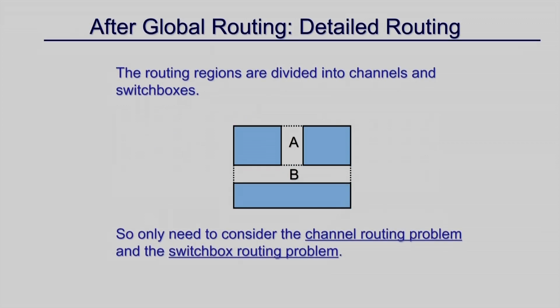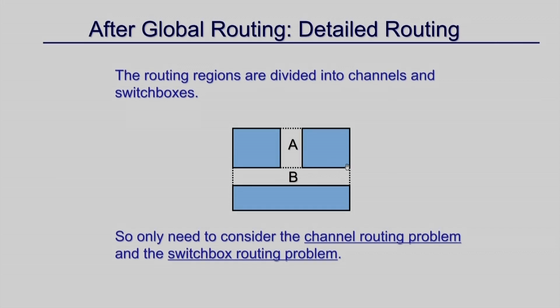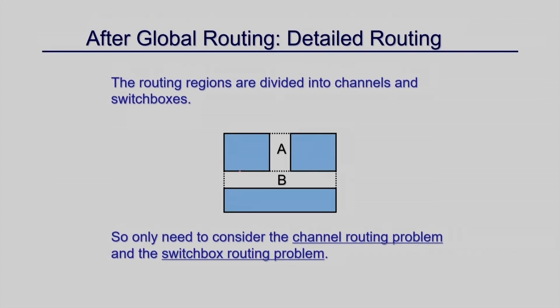So you can see that suppose this is my channel, I know for this particular channel there are 4 pins here, right. So these are the pin positions, and I know that I have to make a connection from this pin to this pin, or maybe this pin to this pin, and so on. So I know the pin configurations and all those. Then I have to make the actual connection in this channel, so that I can reduce the number of tracks here. That is what is called the channel routing problem. And whenever you have a switch box which has connections from all 4 sides, that is a switch box problem.